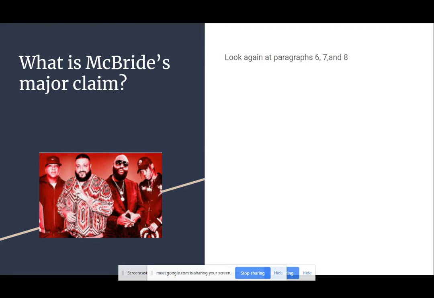Okay, when I went back through this, the reason I picked those paragraphs is I think that this is where the main idea is for the article. When I read it the first time, a few years ago, it is a rather older article, but